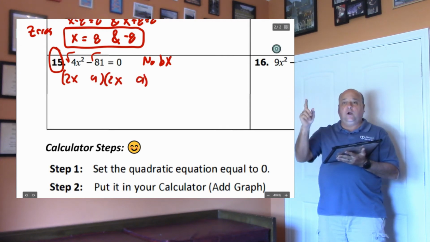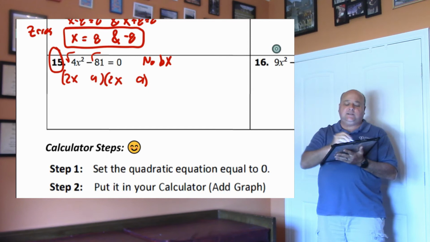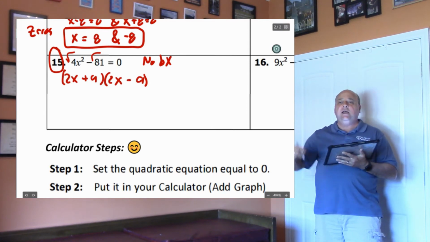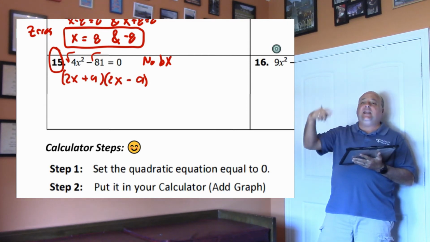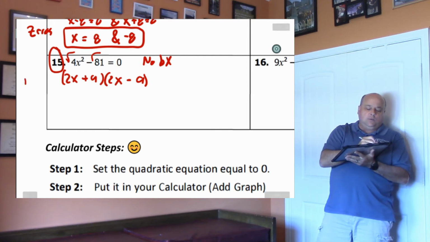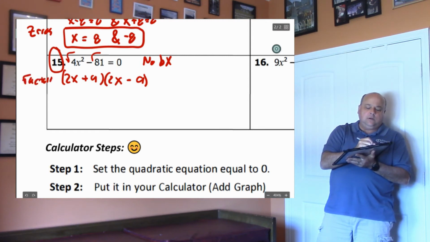The square root of 4x squared is 2x. The square root of 81 is 9. The signs are opposites. Now then, if you have a number in front of the x, you'll get a fraction. So remember, these are your factors. And then if you set them equal to 0